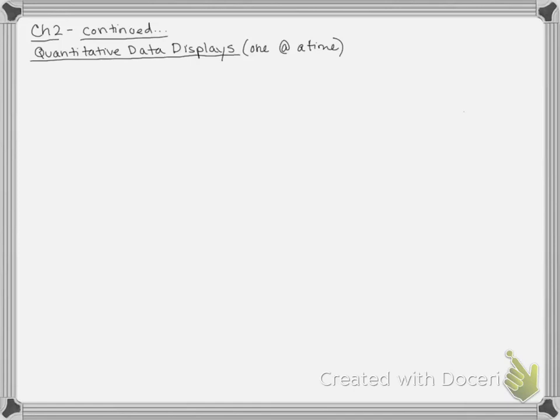Okay, so it's a single variable displayed, and we have several different representations of that we can make. And we're going to talk about and go over a couple of these in class together. The first is a histogram. We're going to make a histogram, and we're going to make the second one together. So a histogram is where I organize